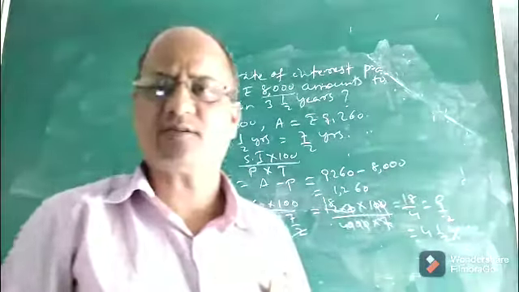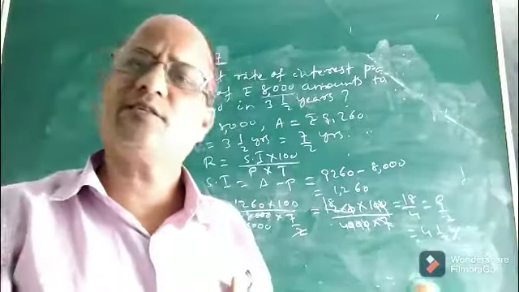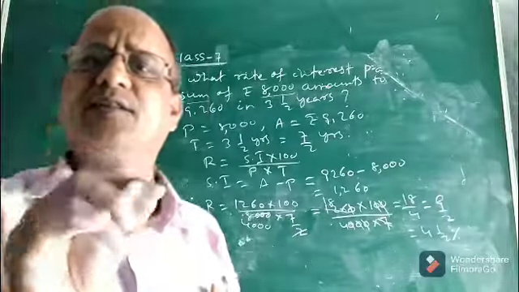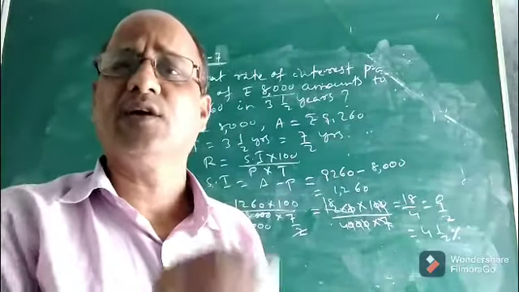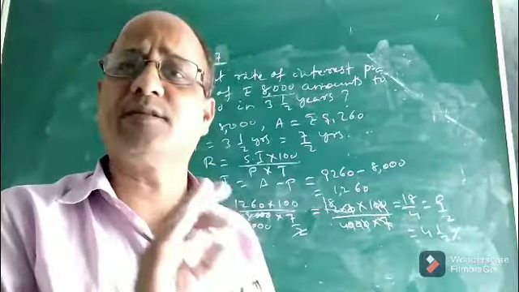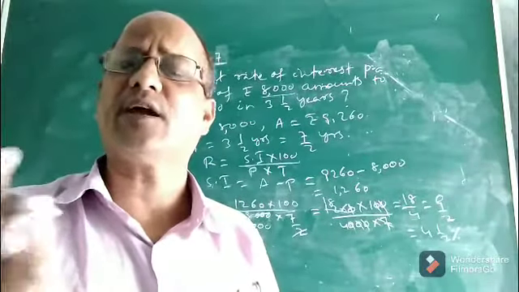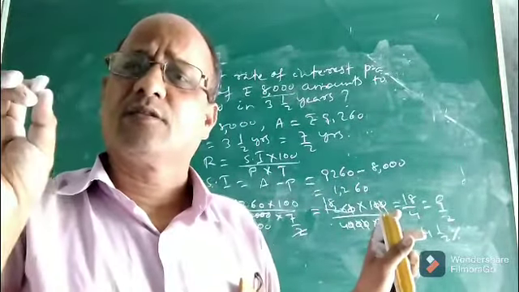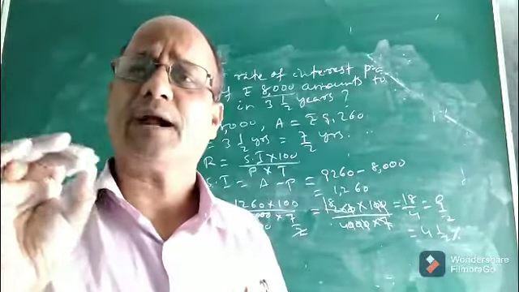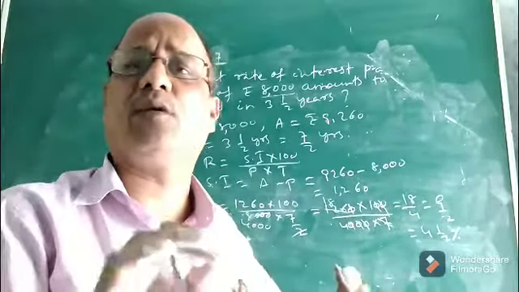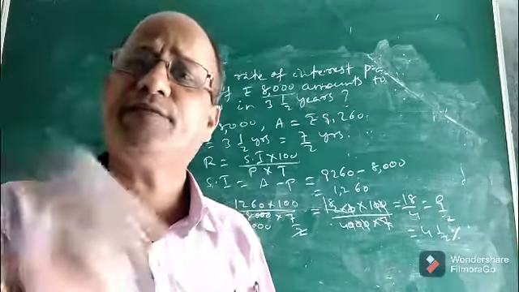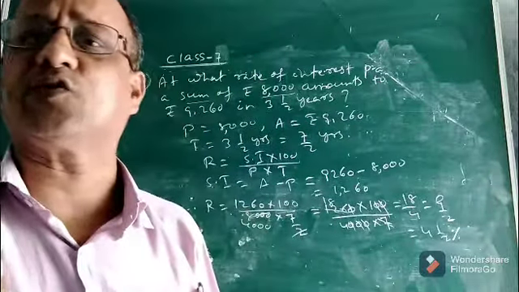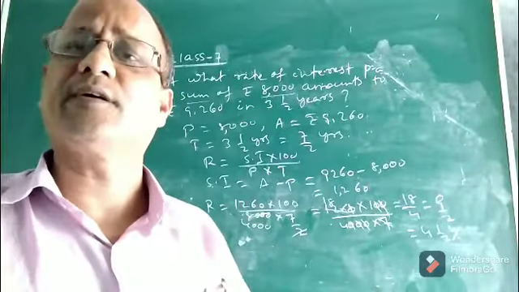Okay. Children, I discussed so many problems from this chapter. I discussed almost everything in detail about simple interest, then the formulas for principal, rate and time under different given conditions, then CP and SP, how to find CP and SP under different given conditions. I discussed everything in detail, and I am sure you must have understood the chapter. So the only thing you require is practice. Solve as many problems as possible on application of percentage, so that you will be confident to solve any kind of question that comes in the exam from the chapter application of percentage.